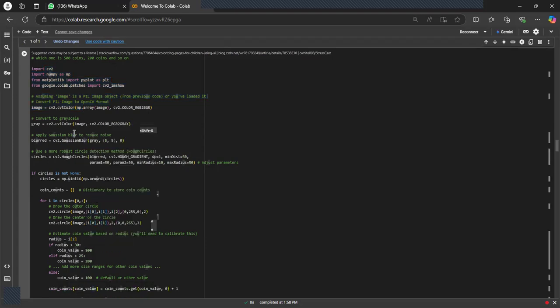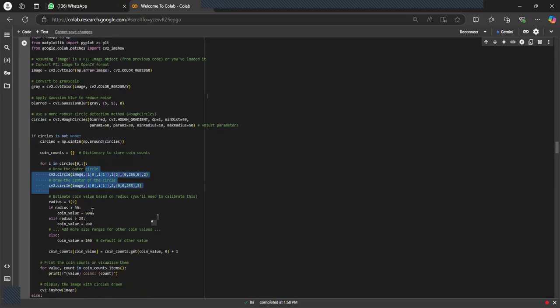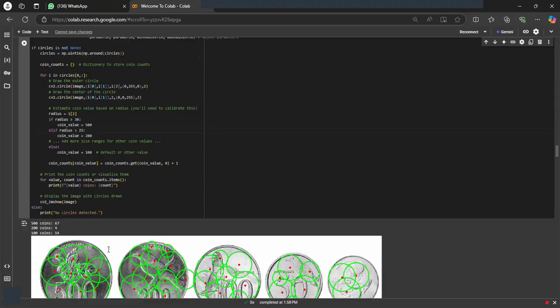Then we convert to grayscale, apply Gaussian blur to reduce noise, and then set the circle parameters and minimal radius. For the image itself, we use this matrix, and for radius, if the radius is more than 30, then the coin value is 500, and so on.